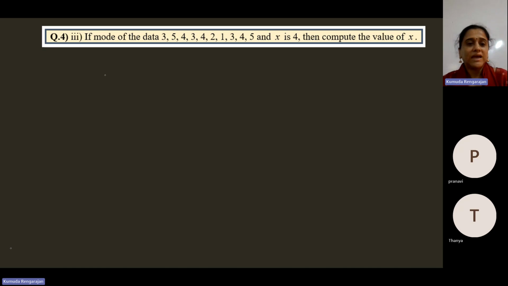See, if the mode of the data 3, 5, 4, 3, 4, 2, 1, 3, 4, 5, and X is 4. If the mode is 4, find the value of X. See here, if the mode of the data 3, 5, 4, all this and X is 4. If the mode is 4, take away all this and read. Now read. Ma'am, if the answer is 4, ma'am. Okay. If the mode of the data is 4,